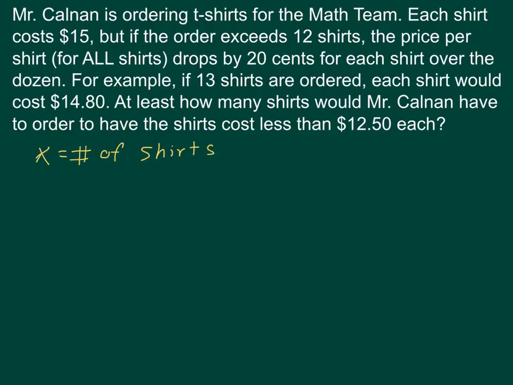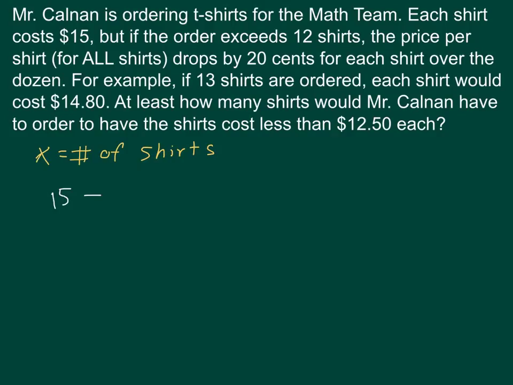And so now I'm going to try to set up an algebraic relationship. I know the starting point, and each shirt originally cost $15. And then I'm going to have a discount here. Discount means I'm taking away from the price, so that tells me I have a subtraction. And the discount is going to be